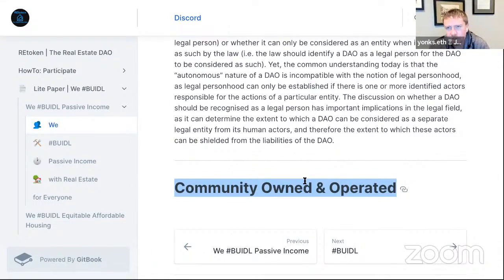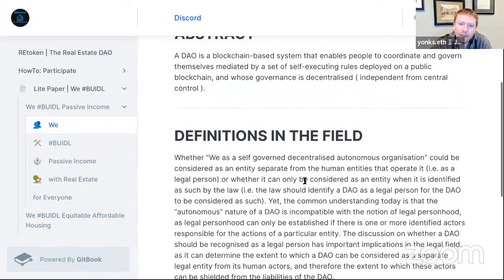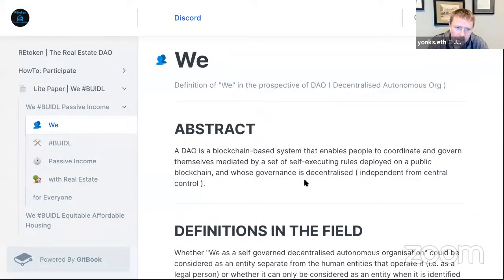But one of the value propositions, in my opinion, as far as the way that we're creating this DAO, is that as a DAO, we are truly community owned and operated. We aren't investor or VC backed. We don't give people the opportunity, through some liquidity mechanism, of buying our tokens. That's one of the things that I think we should try to communicate within this page. That being said, I don't want to delve more into this because Blackfire was the main person that spoke to this. And on that note, let's put a timestamp on this,